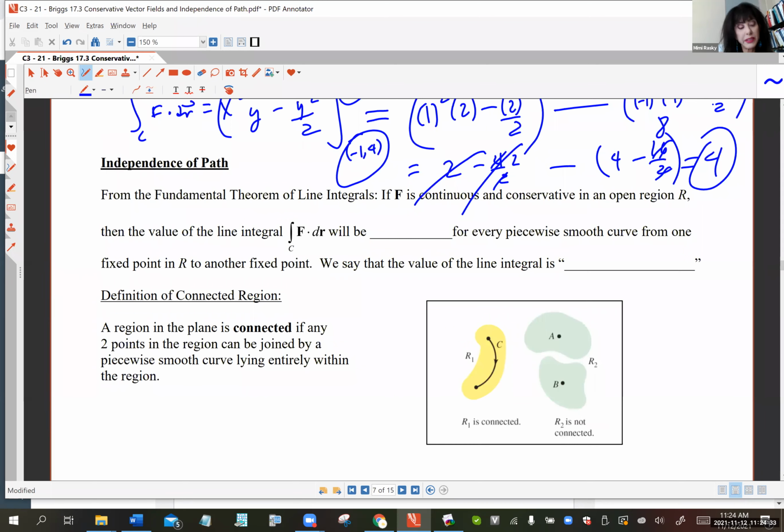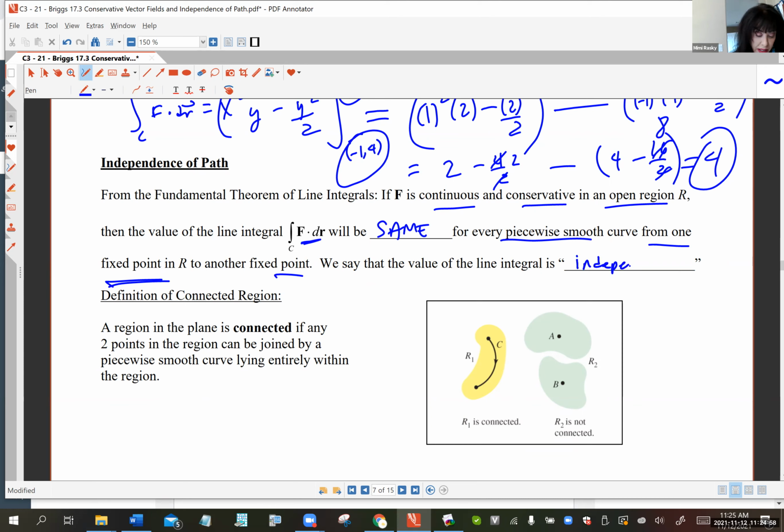Here we go. So the prep work is the following. From the fundamental theorem of line integrals, what we got is if F is continuous and conservative, both on an open region R, then the value of this line integral will be the same for every piecewise smooth curve from one fixed point to another fixed point. It won't matter what the path is. So we say that the line integral is independent of path, since it only cares what the beginning and ending